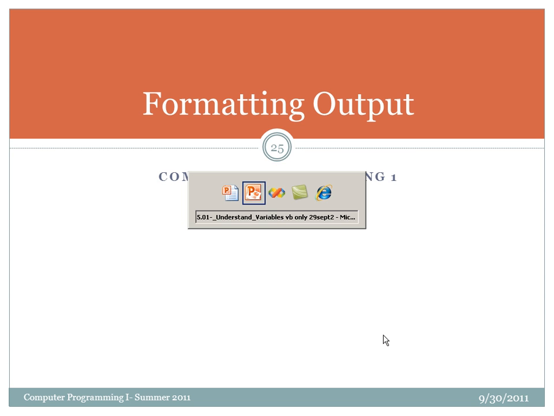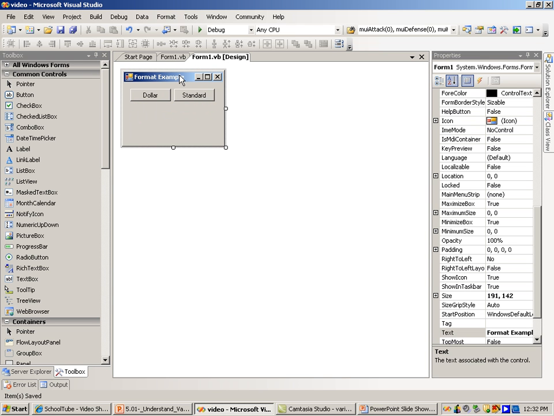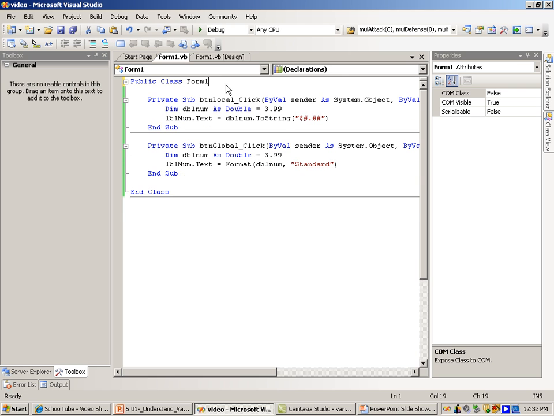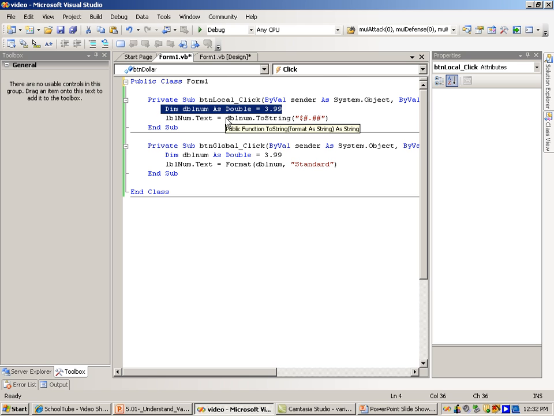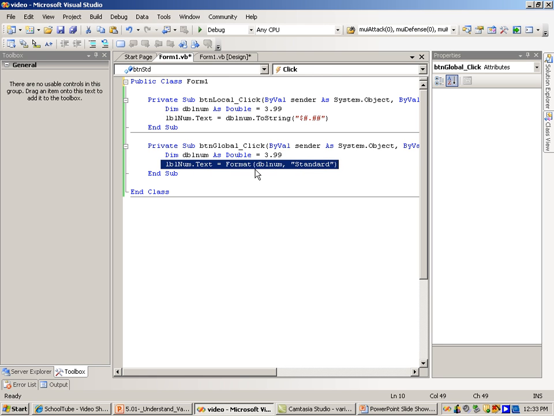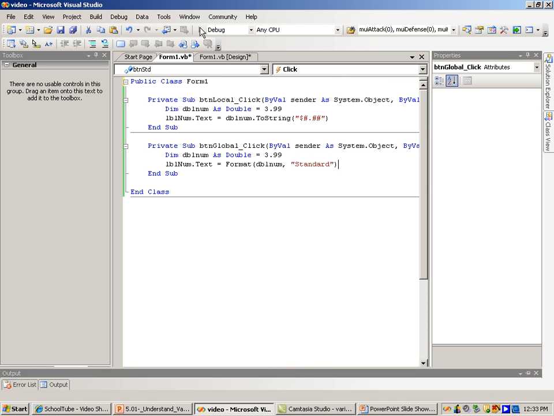So let's look at a quick example of that. I have created a small program here. Let's go to the code. In this example, I've created a button click, and I've declared a double number, and then I'm using the toString method to format it to go into the text box for the label. In the other button, I've declared the same variable, except I'm using the format function in Visual Basic, and I'm going to format it to standard. So when I run this,